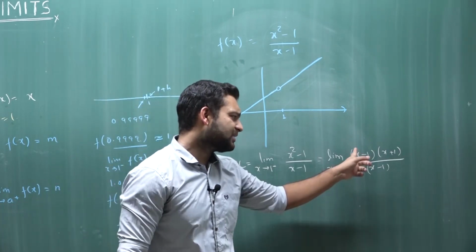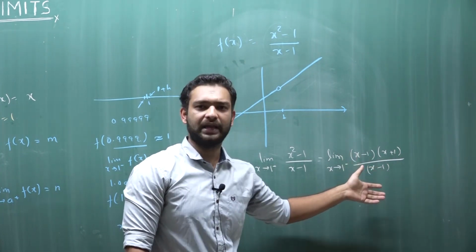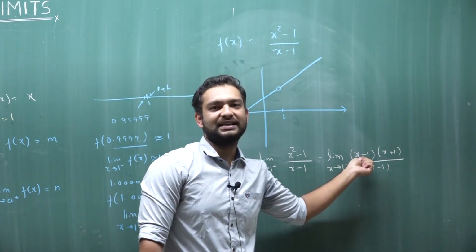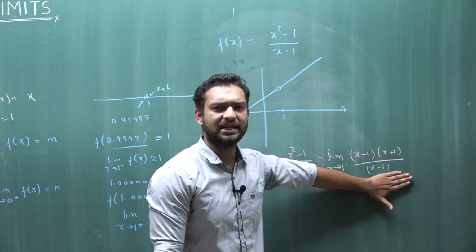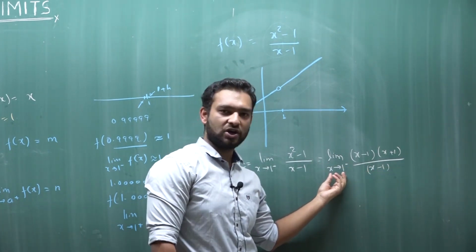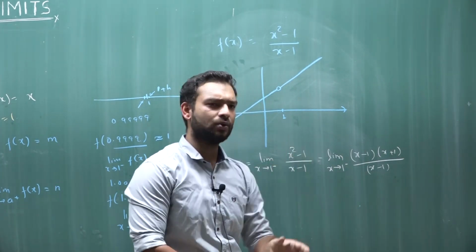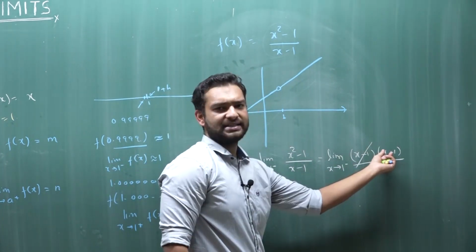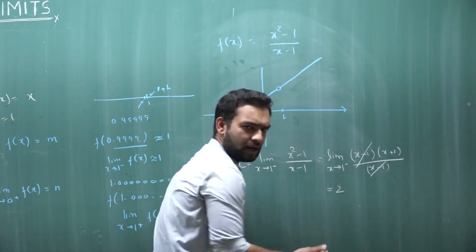Now can we cancel this x minus 1 in the numerator and x minus 1 in the denominator? Yes, of course we can cancel it out, because when we don't cancel out is when the value of x is exactly 1. That is when this is becoming exactly 0, this is becoming exactly 0. When the denominator becomes exactly 0, that's where the function is not defined and you can't find the value. But right now what we are saying is x is not exactly 1, it is tending to 1. So this value will not be exactly 0, it will be some finite value. So this value and this value will get cancelled out. Now if I substitute x as 0.9999 something, the value that this will give me will be around 2.